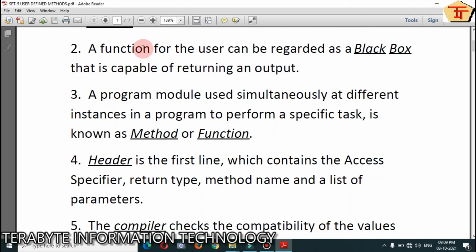Number 2, a function for the user can be regarded as a black box, which is the fill in the blanks, that is capable of returning an output. Number 3, a program module used simultaneously at different instances in a program to perform a specific task is known as member, which is the fill in the blanks, or you can write down function also.